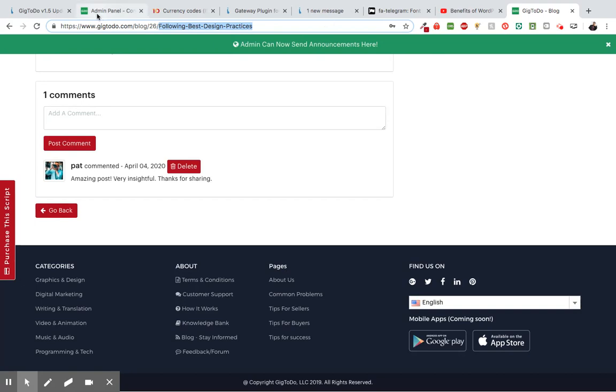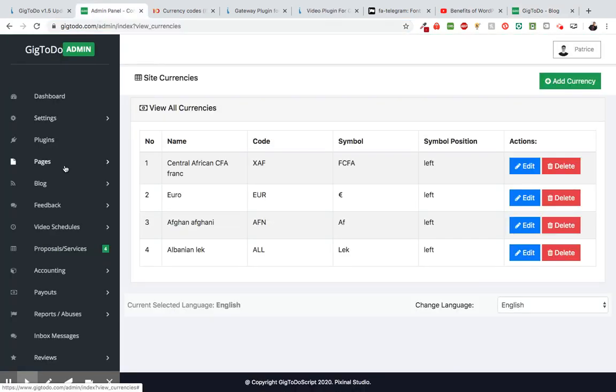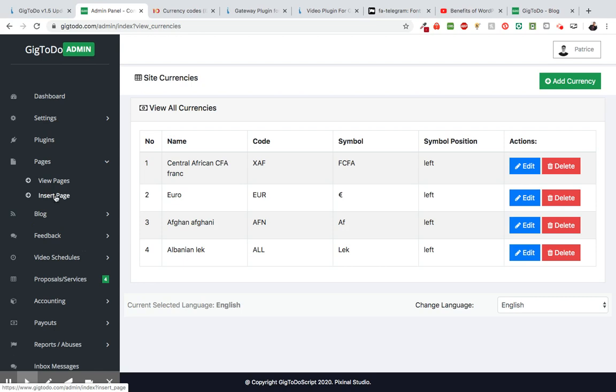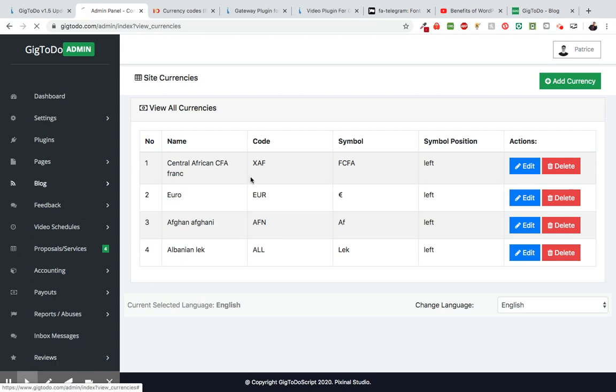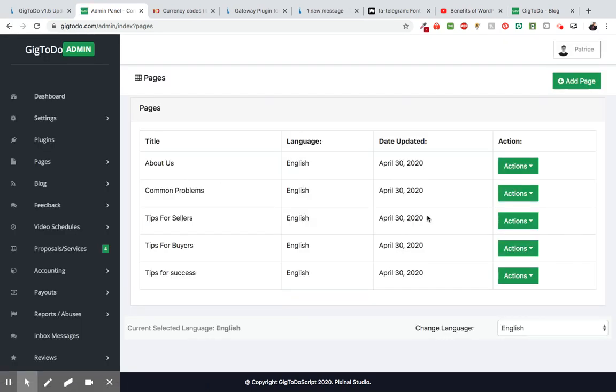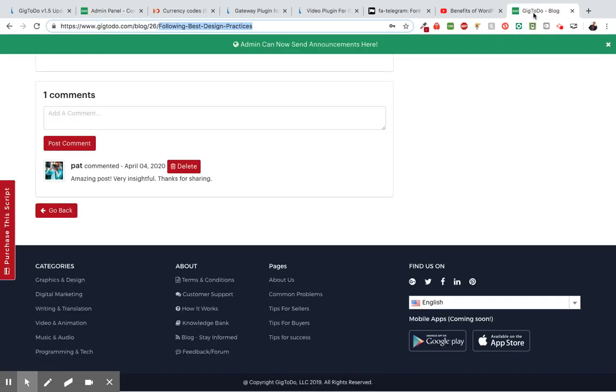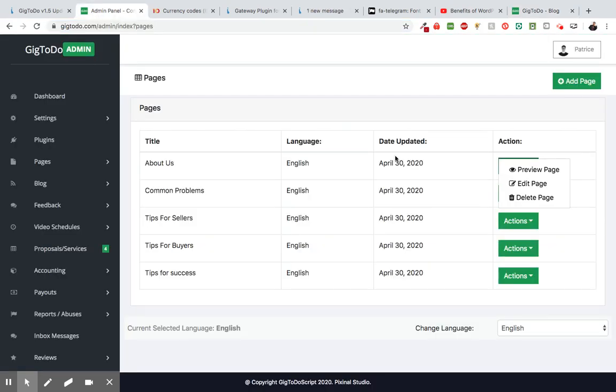So if I go back to the admin panel, if I go to pages and I go to view pages, so these are the different pages on the platform. I can go ahead and preview one of the pages, and I can add more pages. And by the way, when you add a page, it's gonna just populate on this column right here. So let's actually demo that. So if I click on add page,